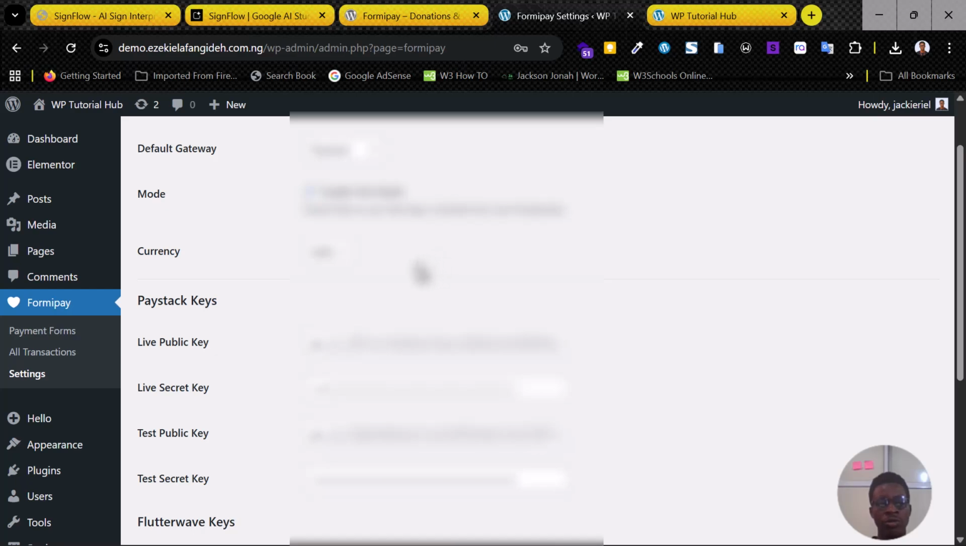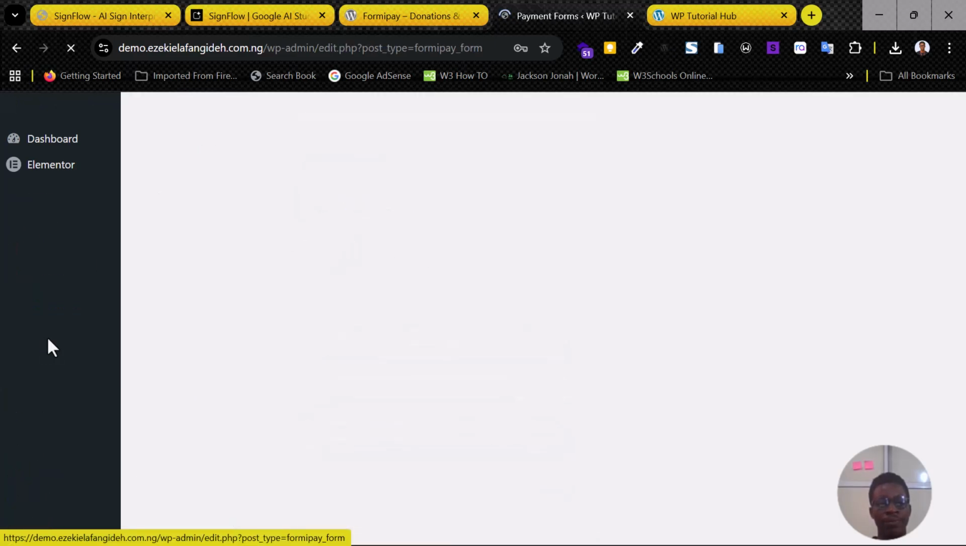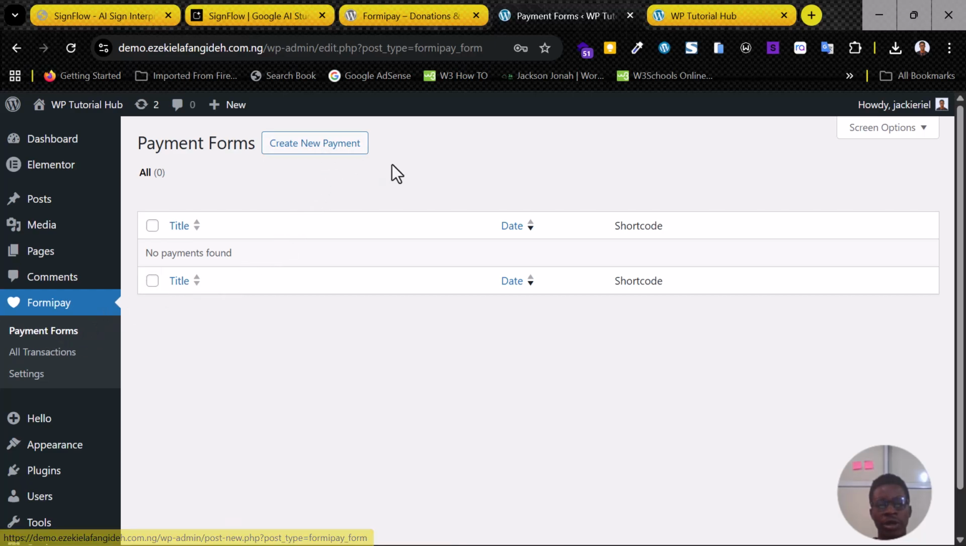Next, we head on to creating the forms. Click on payment forms. This is where you can create your forms. You can have more than one form on your site. Maybe a form for a particular donation, then you have another one for another donation or different payment. So I'm just going to click on create payment form,